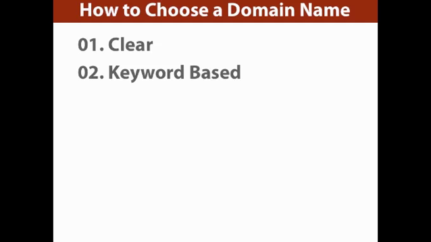Secondly, make it keyword based. This will help you in your search engine optimization so that Google, when they visit your site, will say, oh, this is exactly what it's about because it's mentioned right there in the domain name. And then when you're getting traffic later on, whether you're writing articles or posting things on Facebook or Twitter, when you're linking back, Google will see, oh, they're talking about X, and the site that they're sending people to is about X as well. So keyword based.